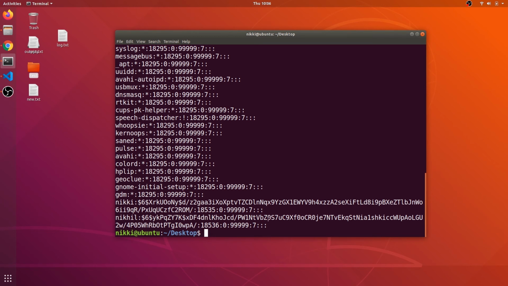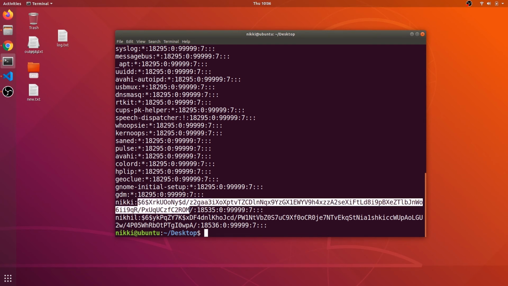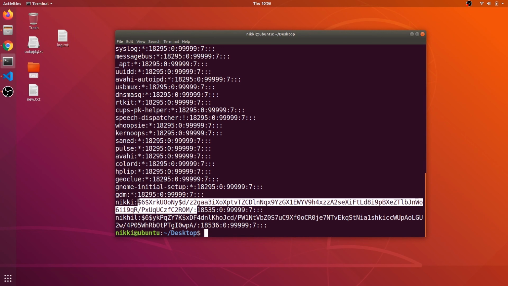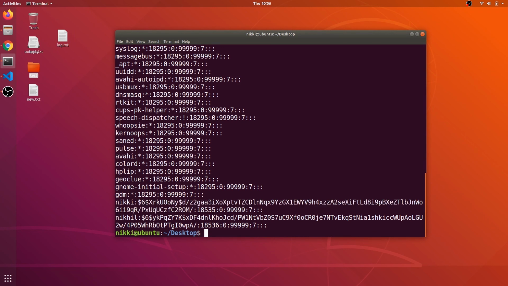And one more important thing you need to know about this file is, if you have the read permissions, you can dump this hash, and you can try to crack it with tools like John the Ripper or CrackStation or any other tools. So when you put a weak password for your Linux system, it will be very fast to crack these hashes, and you get the plain text format.